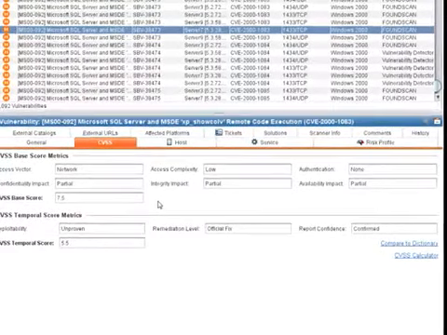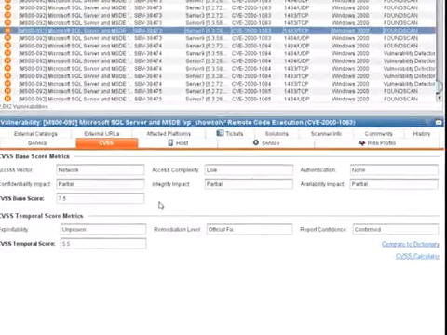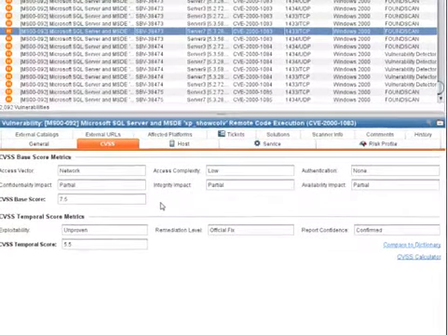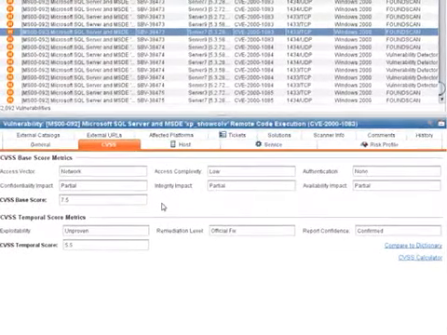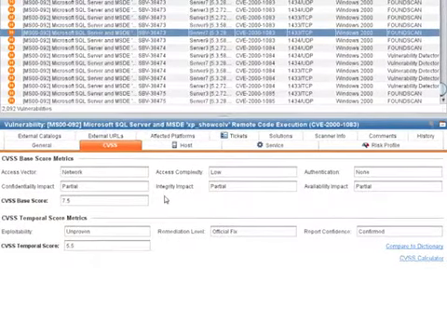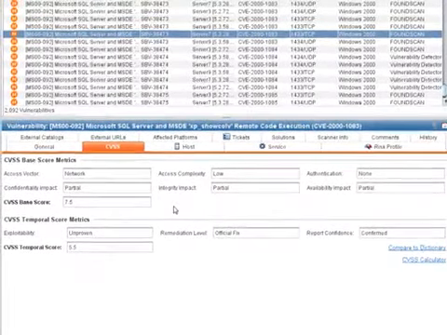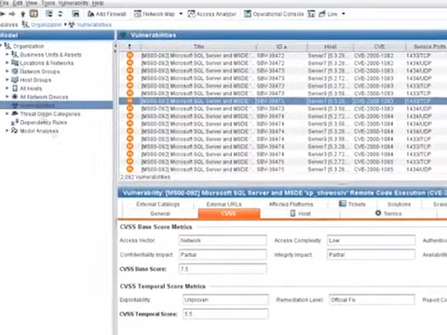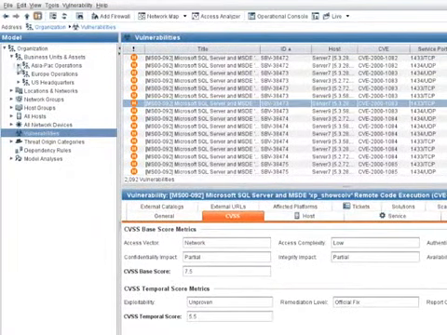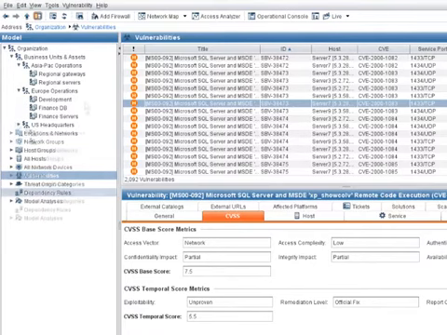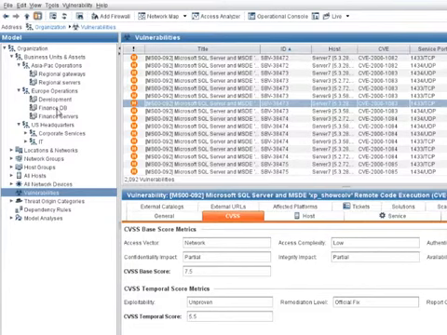One of the questions that we want to ask is, how much do I care that a particular vulnerability is on a particular asset? So the CVSS impact data tells us what happens if that vulnerability is exploited. Now we want to match that up with business units and assets. Our business units and assets describe the customer's critical assets and are grouped into asset groups. So in my finance database asset group,